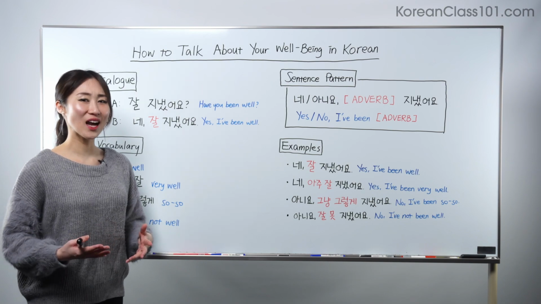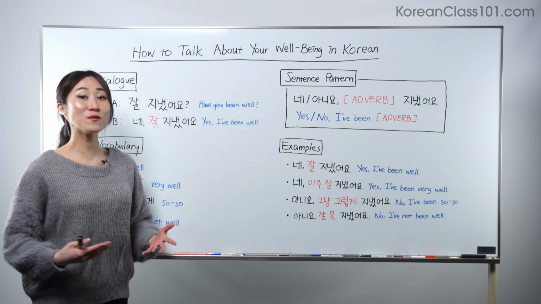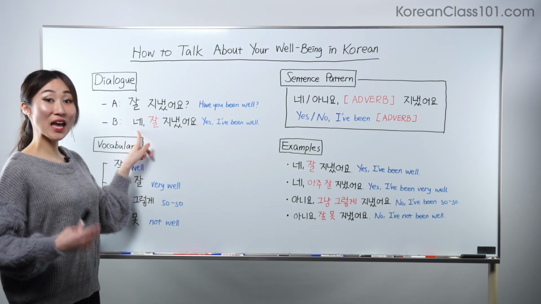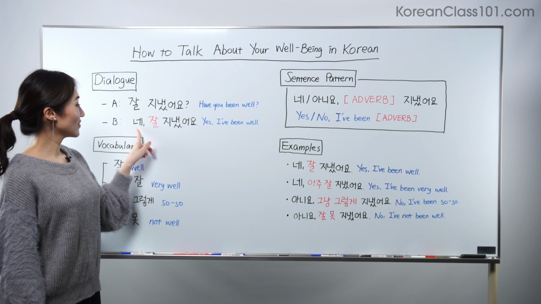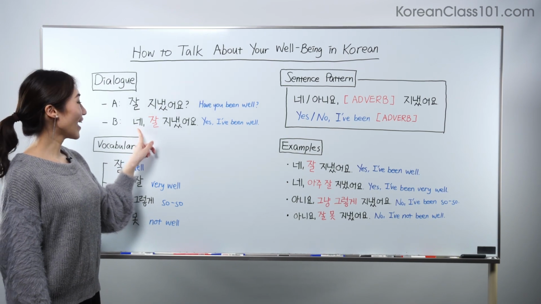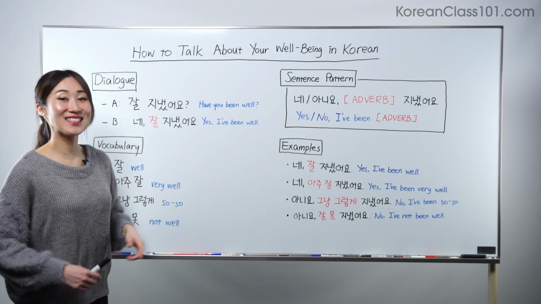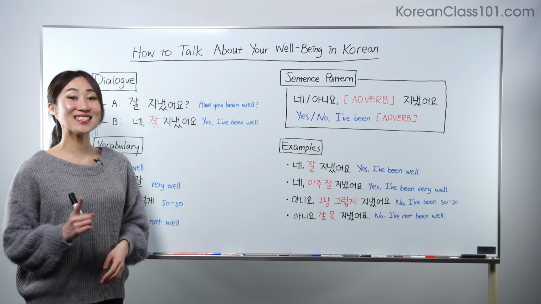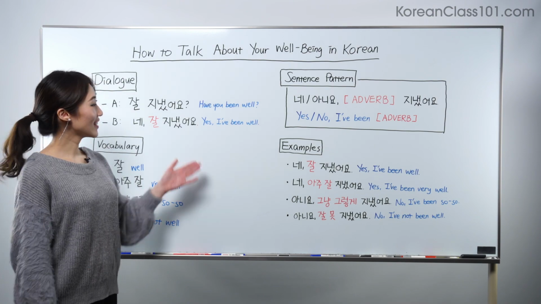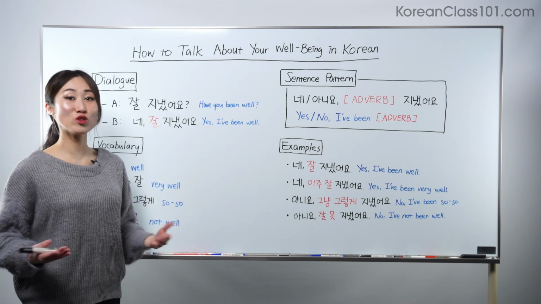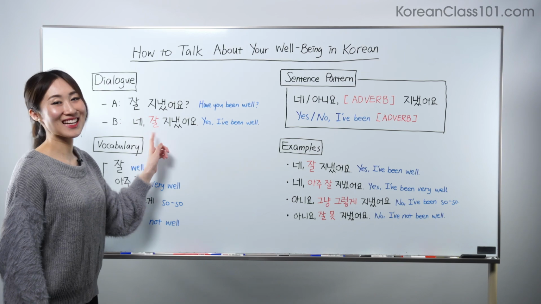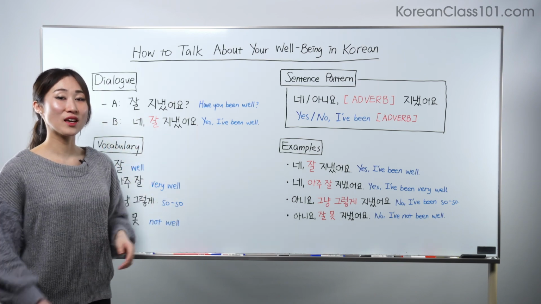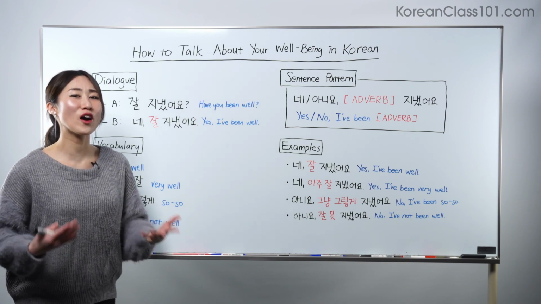So it's like, how are you? Or how have you been? 잘 지냈어요? And the answer would be, yes, I've been well. 네, 잘 지냈어요. Yes, I've been well. I'm fine. I'm doing great. So this is a really common way to say, how have you been? There's another way to ask, how are you? Which is,